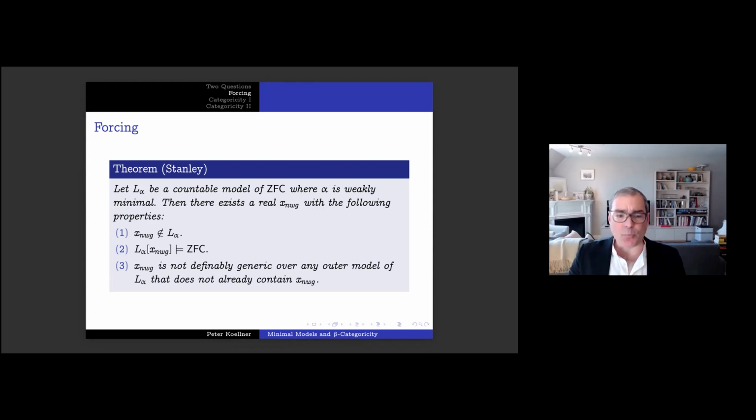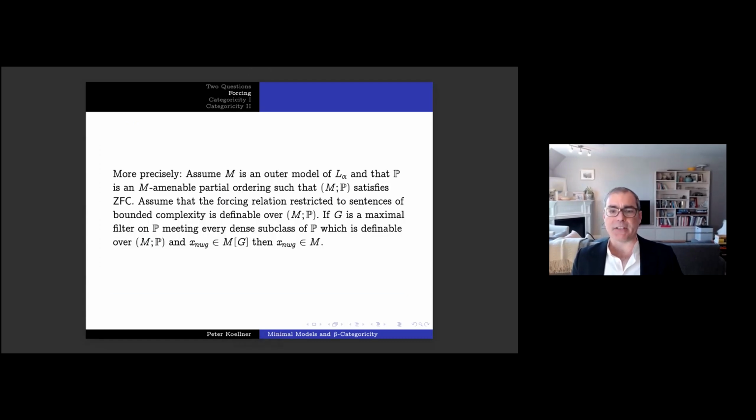And it's really out of reach of forcing. It's out of reach of forcing in this sense that it's not definably generic over L alpha, and it's not even definably generic over any outer model of L alpha that does not already contain it. So more precisely, if M is an outer model of L alpha and P is an M-amenable partial ordering such that M with that class predicate satisfies ZFC,